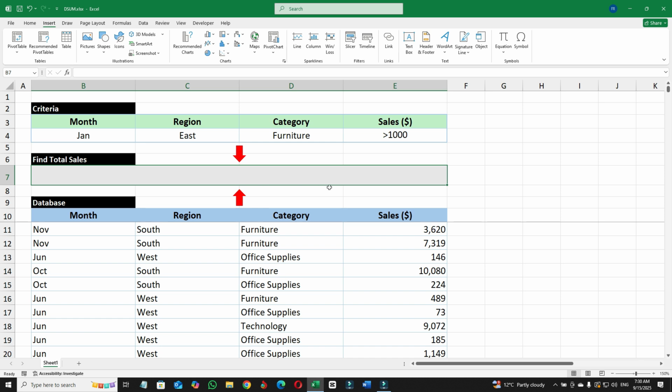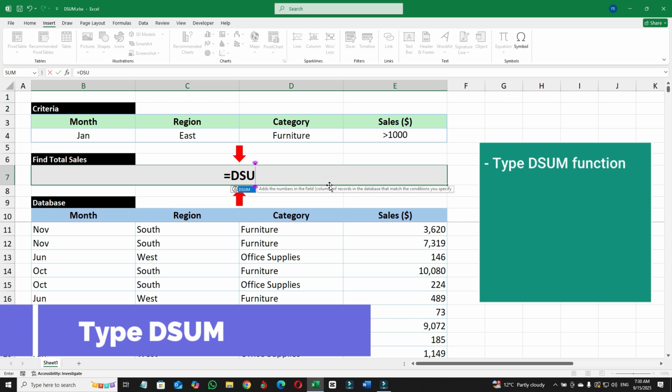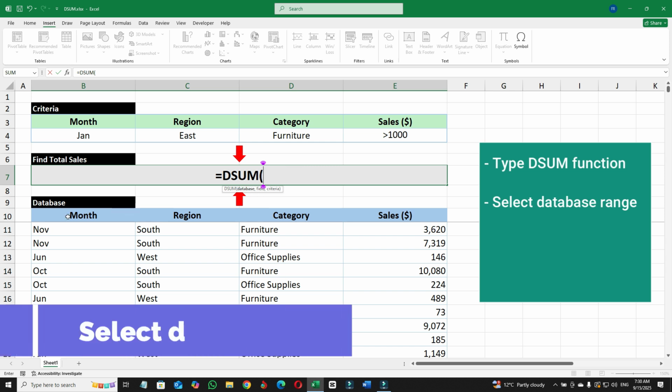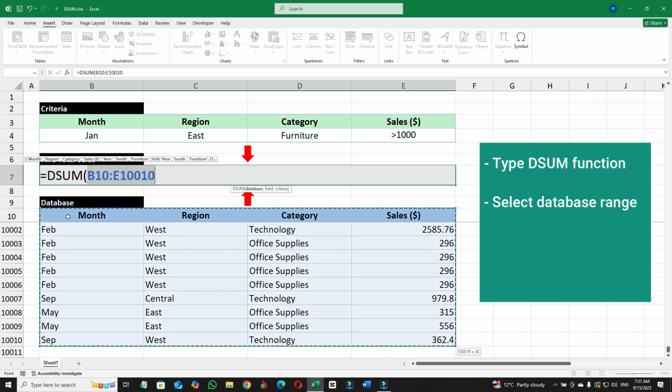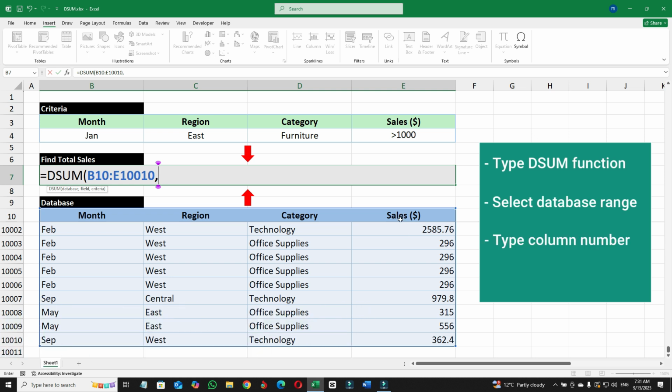So let's do it. Is equal to DSUM, start parenthesis, then select the database, comma, then type column number where sales exist. So it is column number 4,